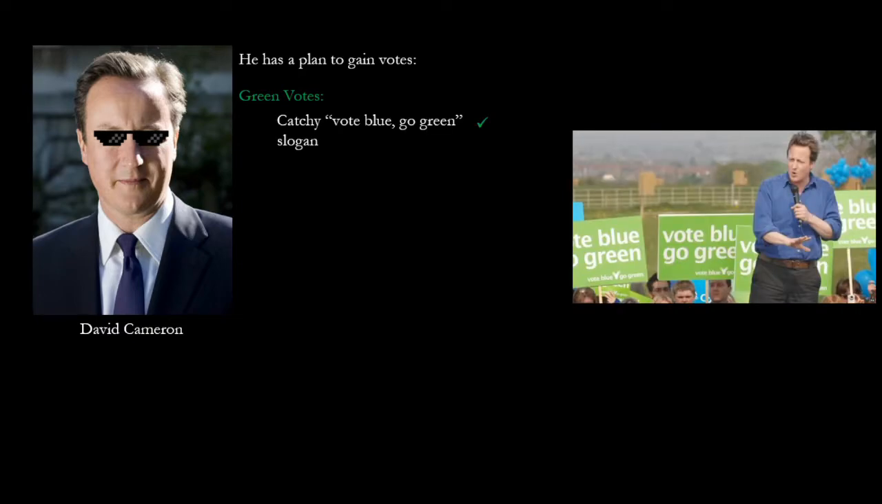Obviously the Green Party is the Green Party. Of course it adopted these things earlier than the Conservative Party did. So how is he going to do this? He's a conservative. He's going to have a really nice and catchy slogan: "Vote blue, go green." Vote blue, go green. It's a cool slogan. Come on,